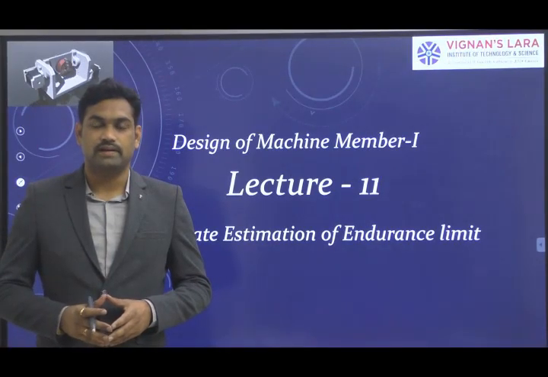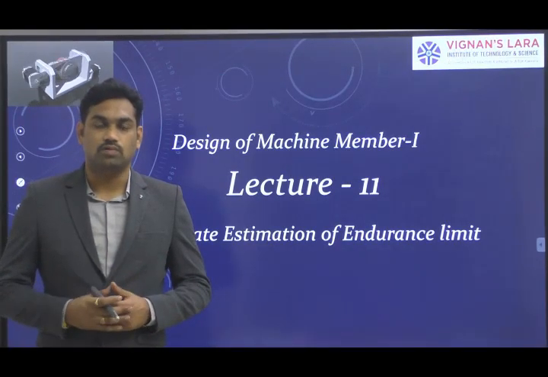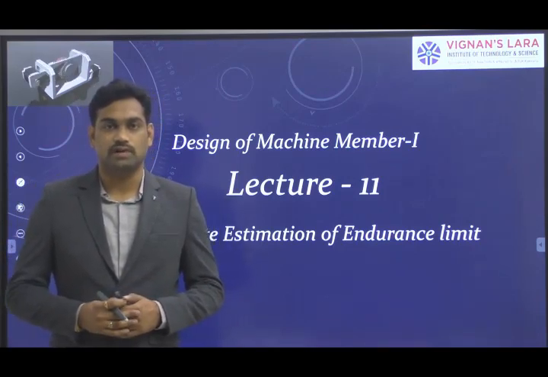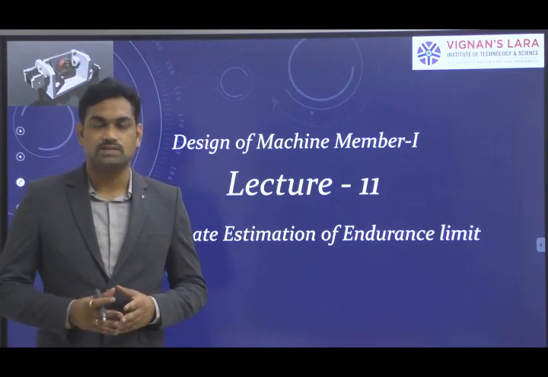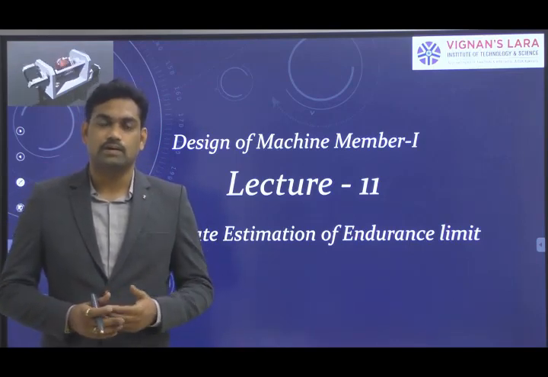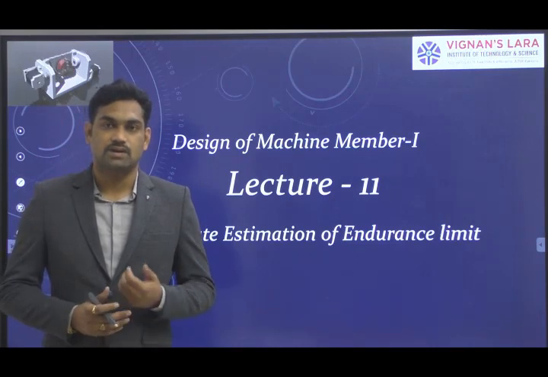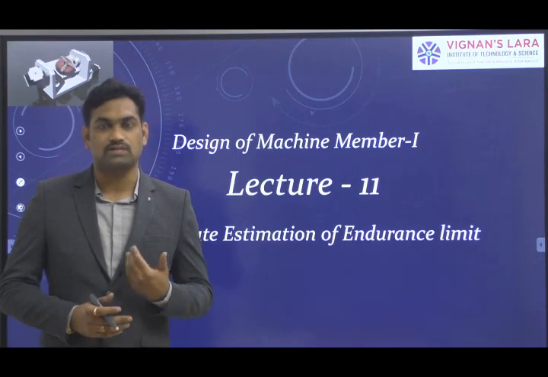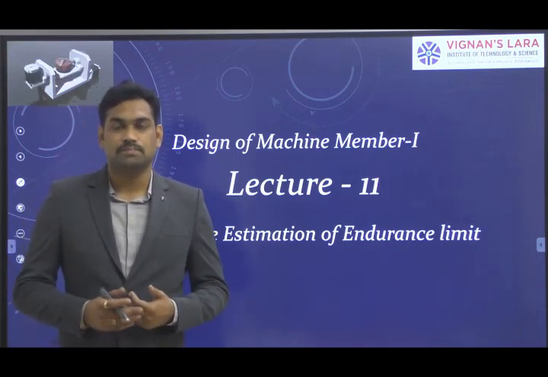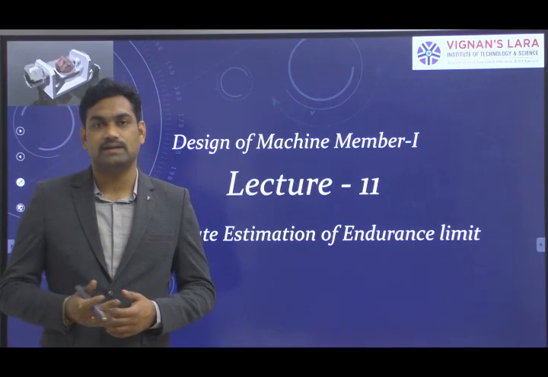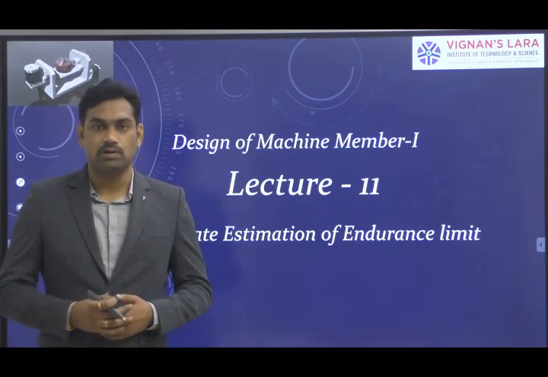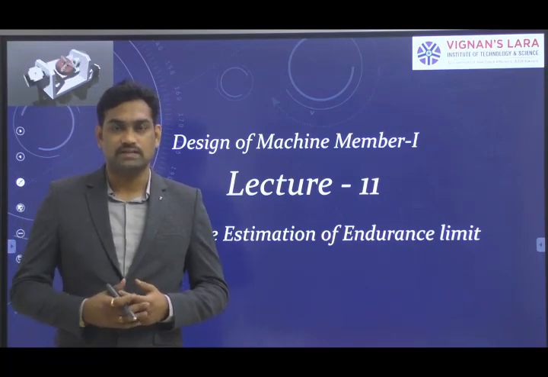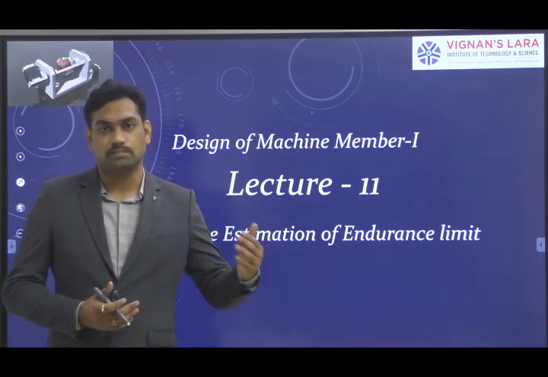Good morning, students. In the earlier class, we saw how the endurance limit of a material is found by means of a fatigue testing machine. The specimen is prepared according to standard dimensions, with a mirror-polished surface finish in the axial direction to avoid circumferential defects, and it is subjected to a completely reversed bending type of load. We note the number of cycles it withstands under different magnitudes of load.